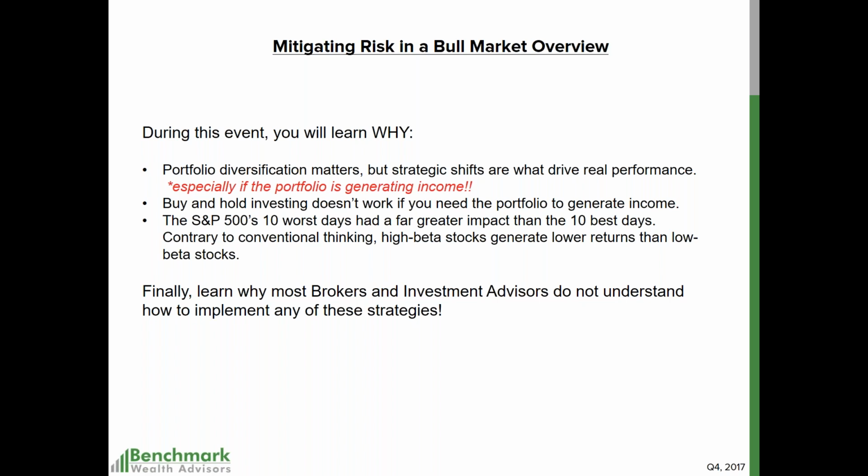We're not here to talk about the market crashing or rallying as much as it has. What we're really here to talk about is how to correctly structure a portfolio diversification-wise, but also understanding how institutional investors act and structure portfolios differently to mitigate risk, helping you weather any water. But the changes those portfolios require to weather those choppy waters require a certain amount of skill by the investment advisor or portfolio manager to be able to make those changes. And the more nimble the firm is for their clients to make these changes, the better off